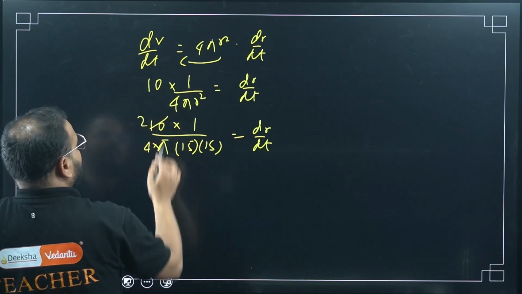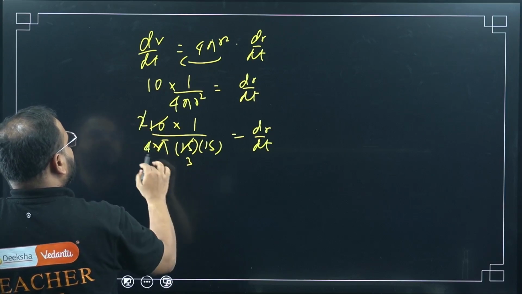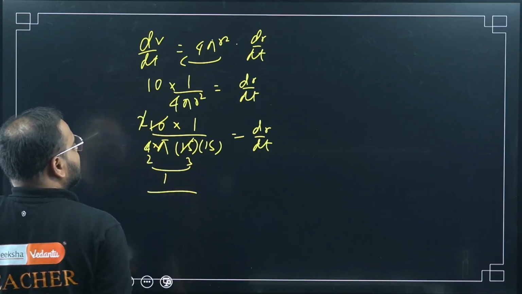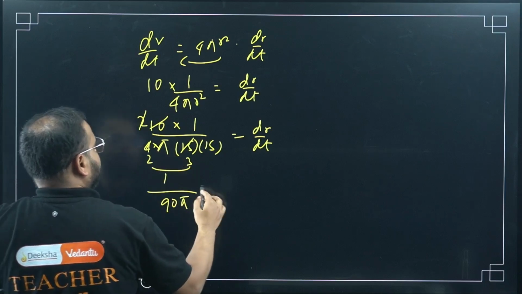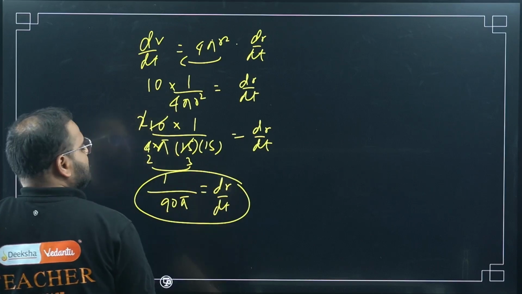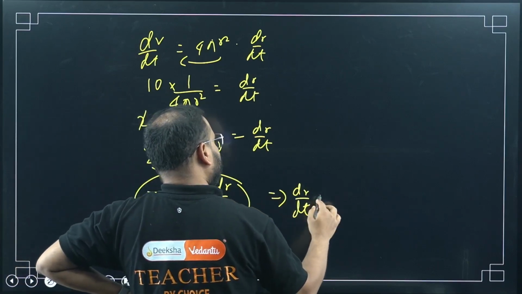So 5 2s are, 5 3s are. Okay. This will be 2 times again. What am I going to get? Please check. 1 upon 2 times 3 is 6, times 15 is 90, and this pi is there. So 90 pi. This is my answer. So basically if I have to simplify this, dr by dt with the units, I am writing